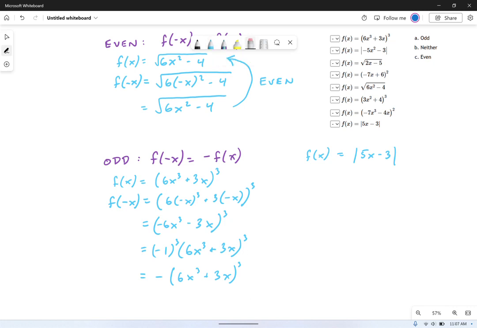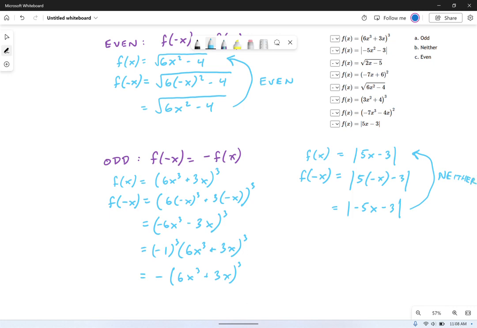And for the last example, what I want to do is an absolute value function. I'm going to plug in negative x. That's our basic test. And look what we get. 5 times negative x minus 3. Okay, well that's just the absolute value of negative 5x minus 3. Oops, not a parentheses. That's an absolute value symbol. Okay, and now I'm going to say that this is not even and it's not odd. Because if you compare it to the original, you see it's not exactly the same. There's that negative 5 instead of a positive 5. But it's not exactly opposite because the negative 3 is still a negative 3. So this guy is neither.